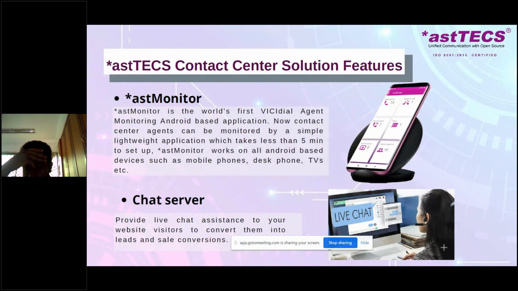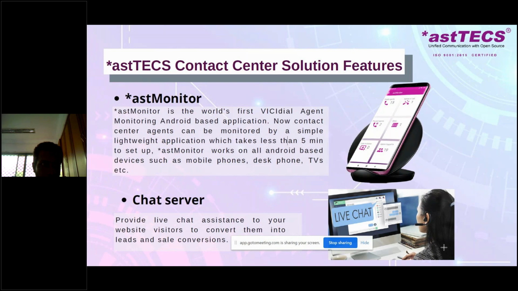Yeah. And the next is Ask Monitor. Are you people aware? This is maybe the first of its kind across the globe. For your information, VC dial is what we openly give as our application to our users, and it is being used by 90% or more of people. Somebody uses it just in the backend and has given some different layer on the visibility, and they don't say it is VC dial.